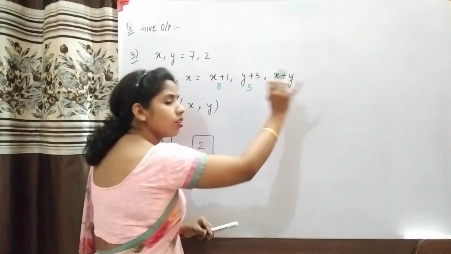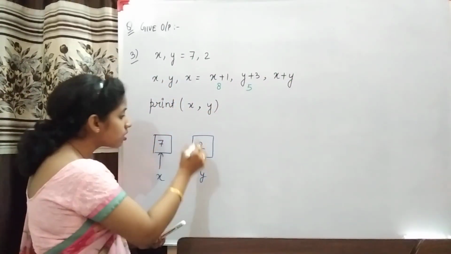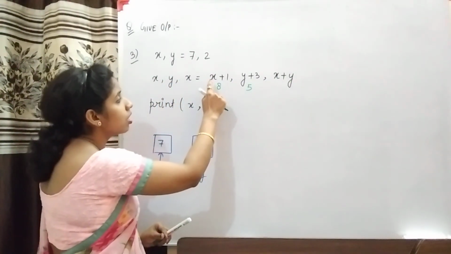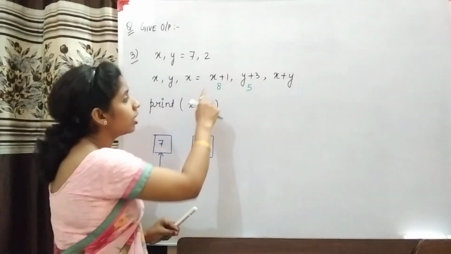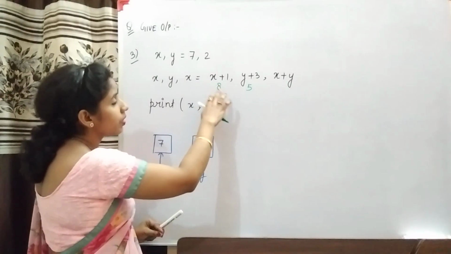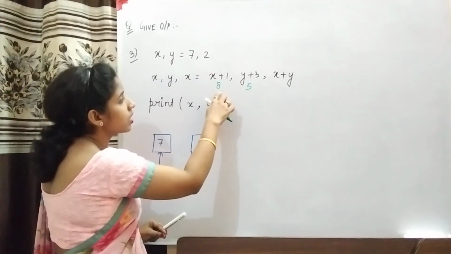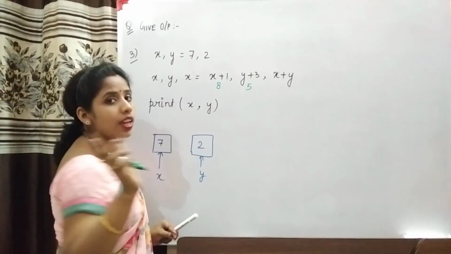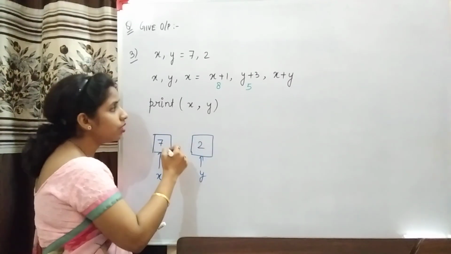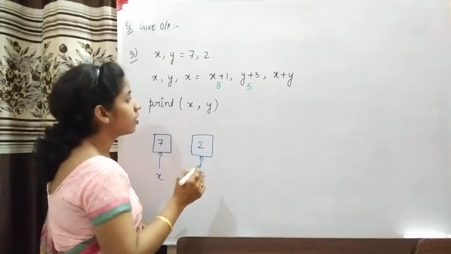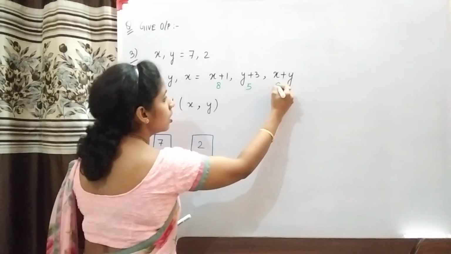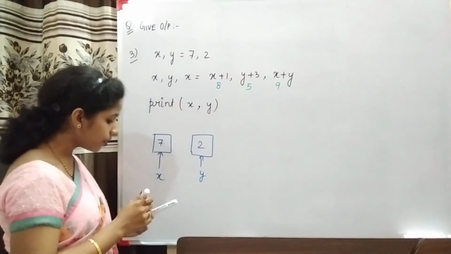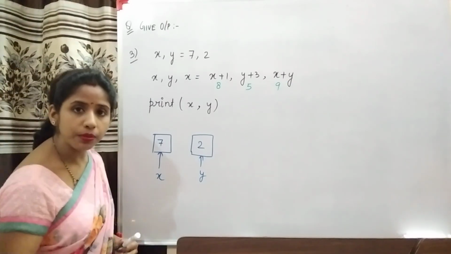Just solve what is there on the right hand side with these values only. यहाँ पे नहीं सोचना कि x plus 1 से 8 आ गया तो अब मैं 8 में 5 जोड़ दूँ, क्योंकि इस एक्सप्रेशन की वजह से x 8 हो गया और ये 5 हो गया. ऐसा नहीं है, आप इन्हीं वैल्यूज से ये तीनों एक्सप्रेशंस सॉल्व करेंगे. तो अकॉर्डिंग टू दैट 7 plus 2 is 9. ठीक है, now see, now the assignment will start.